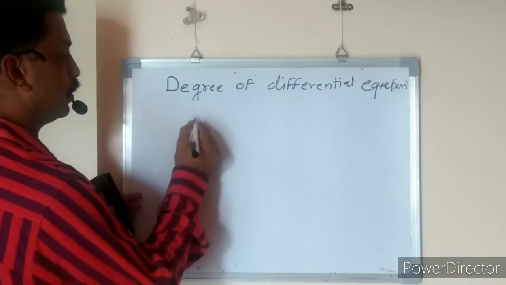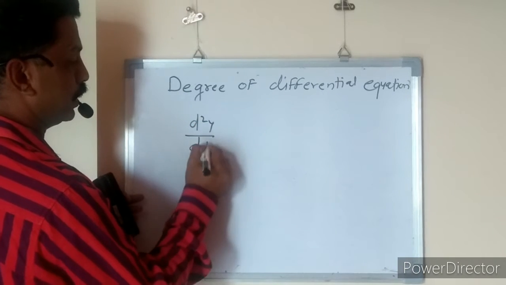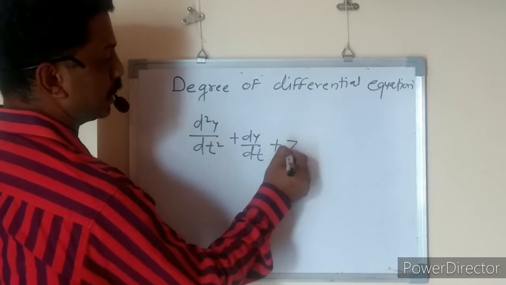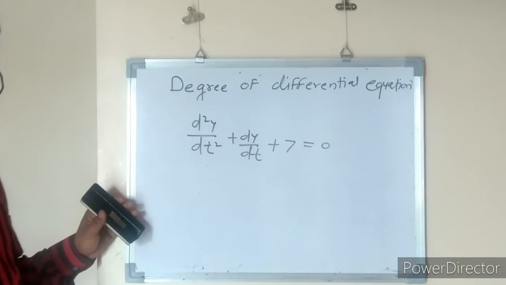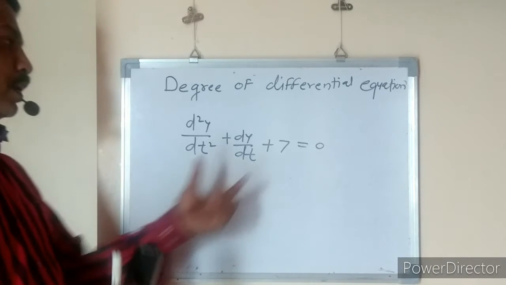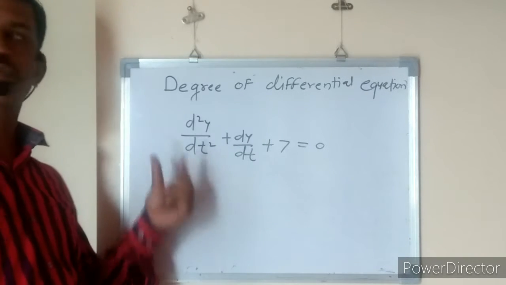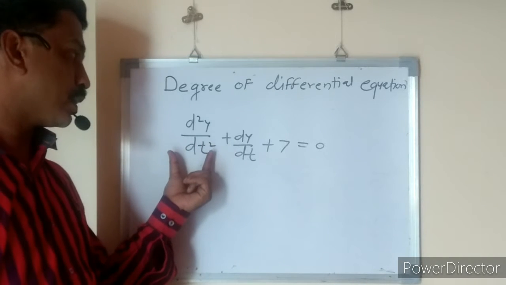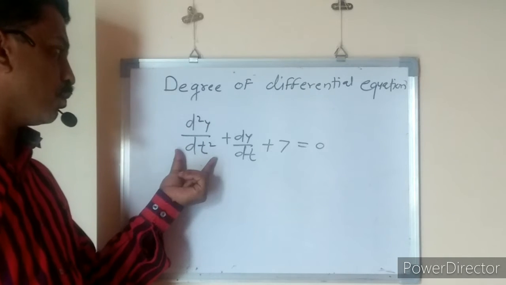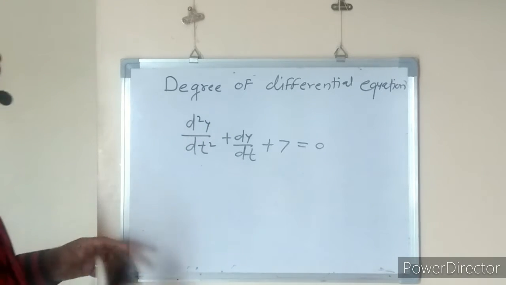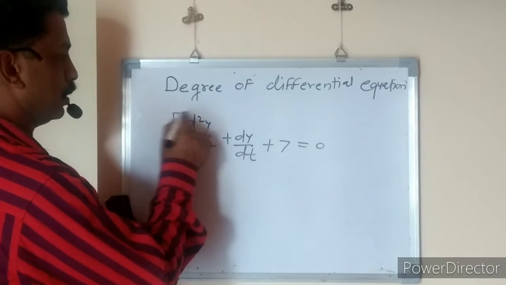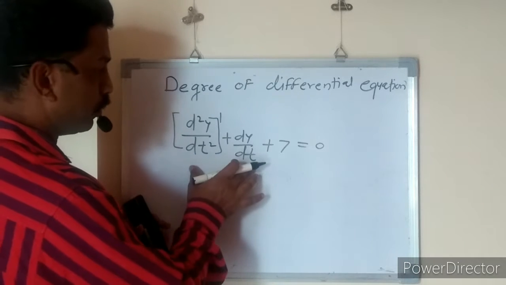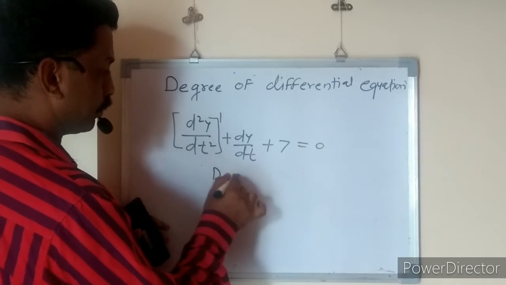Suppose we have d2y by dt square plus dy by dt plus 7 equal to 0. In this equation also, two derivatives are there, dy by dt and d2y by dt square. What is the power of the highest derivative? The highest derivative is d2y by dt square, and its power is 1. The power of this highest order derivative is 1. Therefore the degree of this equation